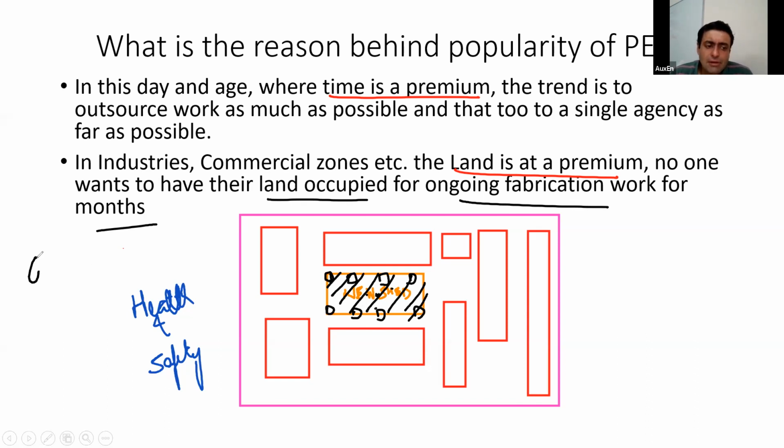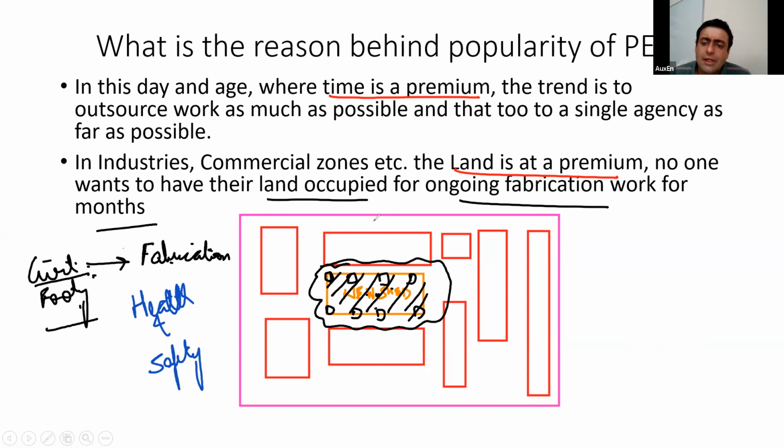So basically, civil footings will be followed by the fabrication work. Most of you must have read about project scheduling and all those things. These activities in a conventional fabrication cannot run in parallel. First you will have to do civil footings on site. After completion of civil footing, your fabrication work can start. Why? Because land is at a premium. You don't have any extra space at your site. So parallel activities cannot be done.